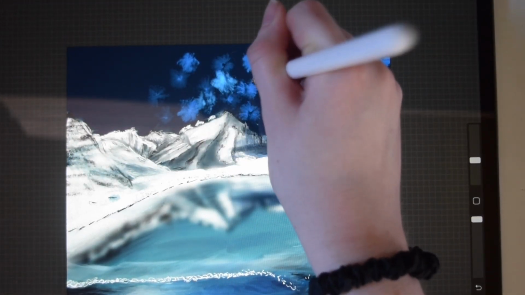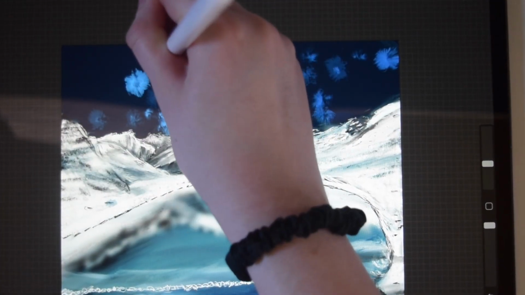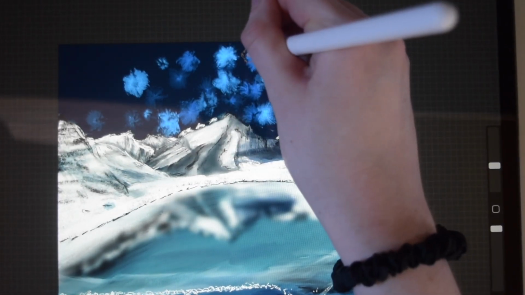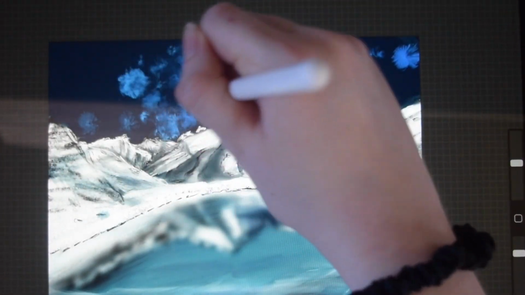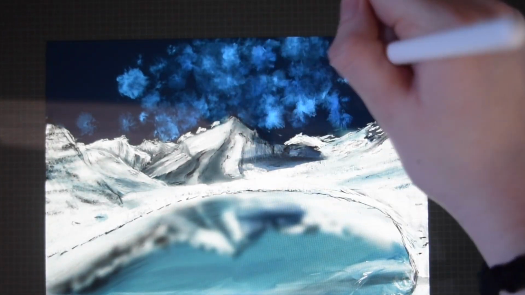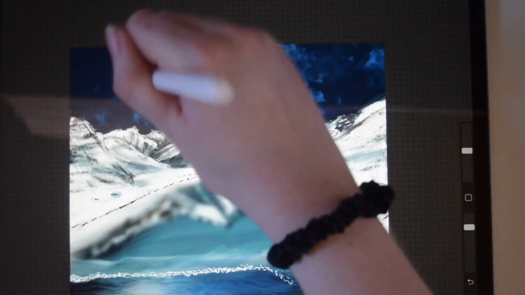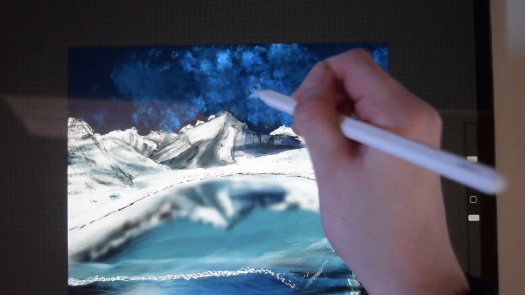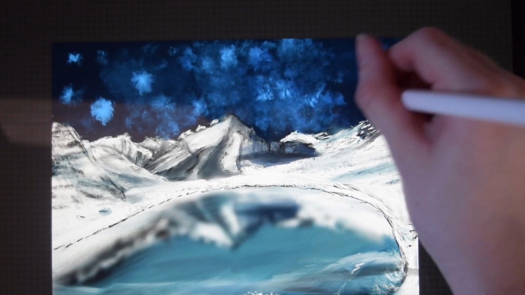Once you're finished with that, before adding more stuff, make sure that you use the snow brush and tone it down a little bit so it looks like stars instead of snow. I think it's called Driven Snow, and I think it's in the elements. That's just to show you how much you really need to add or take away, and to erase some of the spots that you don't like for the starry night galaxy kind of look.